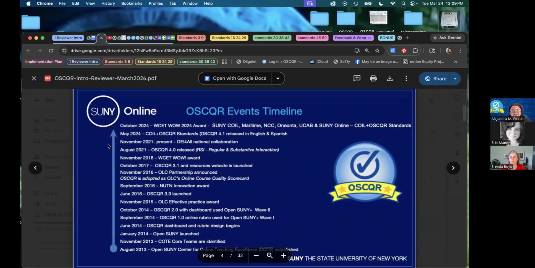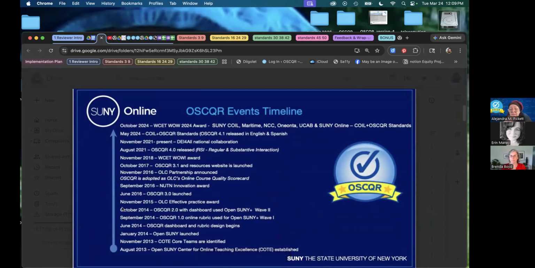I mentioned I had designed OSCQR in my head probably in 1996, and we had checklists at the time that we worked with instructional designers and faculty with probably starting around 1996. We formalized those checklists, but it wasn't until 2013 that we began to actually design OSCQR as a rubric. We did it as an initiative in our Open SUNY phase under Chancellor Nancy Zimpher, and we did it for a variety of reasons.